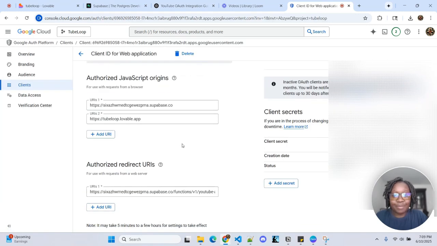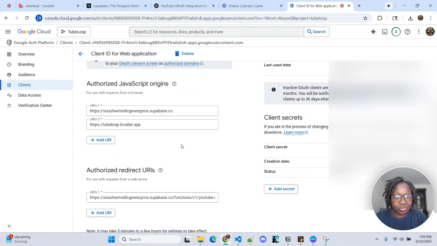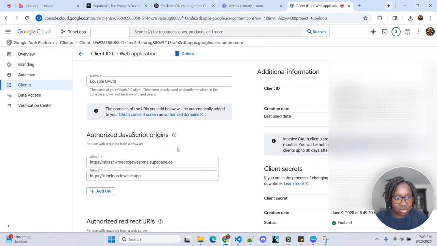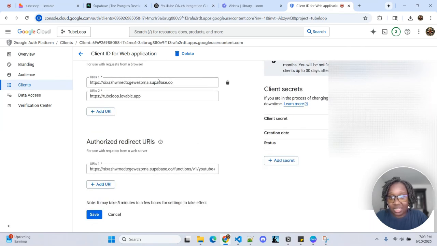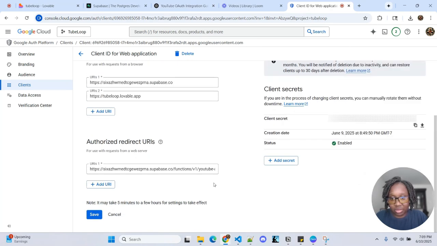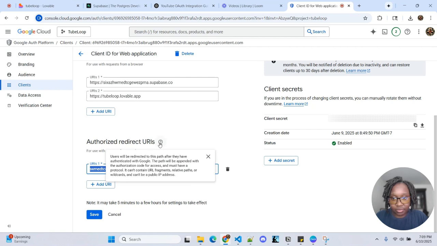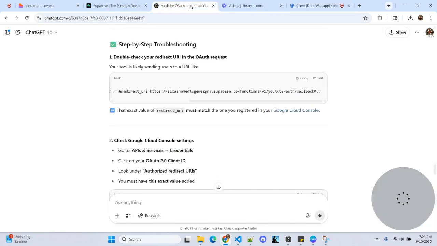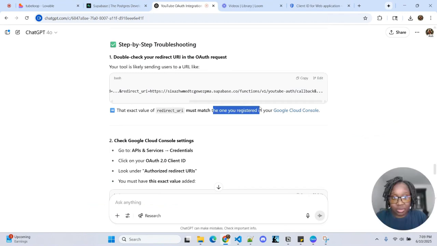And I bet it's whatever I mentioned in the last video. I bet it is, 100%. It's something in here. Where's the redirect? Okay. Your tool is likely sending users to a redirect URI, and the exact value of the redirect URI must match the one you registered in your